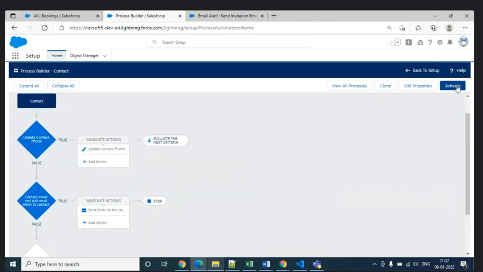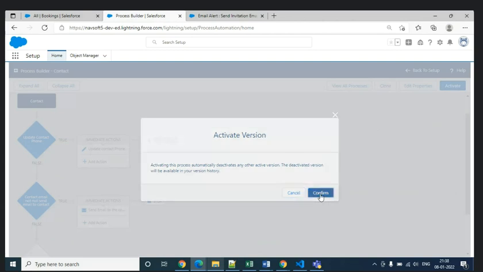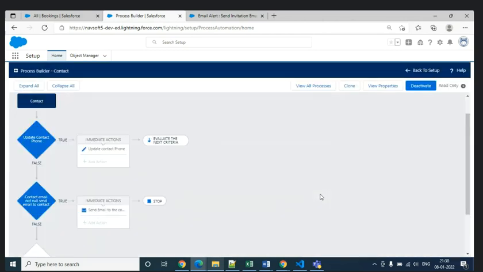Now activate it. So the process builder is activated and the next evaluation criteria should be checked. So what is the first one?